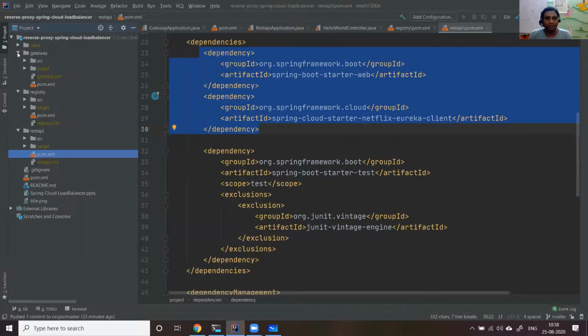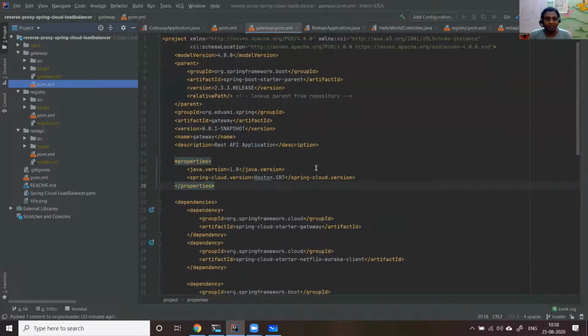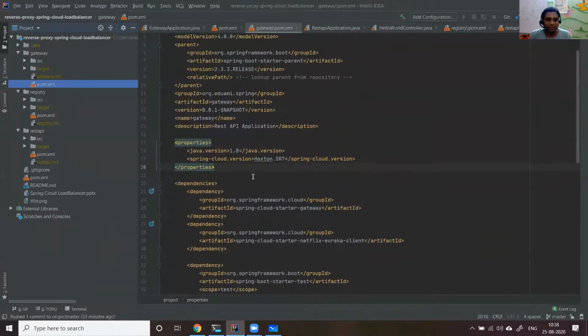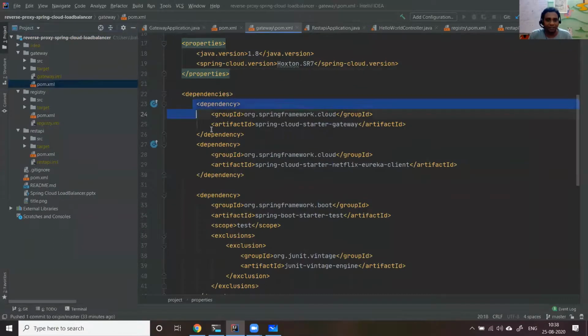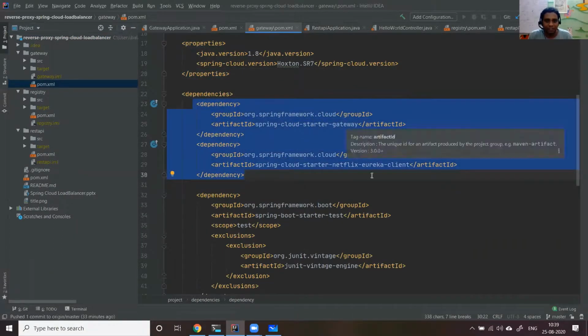In the gateway you also need Eureka client, and you need Spring Cloud Gateway because you need Netty. So you need two dependencies: Spring Cloud Gateway starter and Eureka client. Every component needs to have one Eureka client. Registry will have Eureka server, gateway will have the gateway component, and REST API will have the Spring Boot web component. These are the only dependencies you need to get this right.